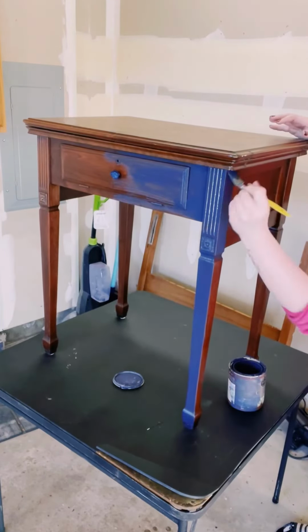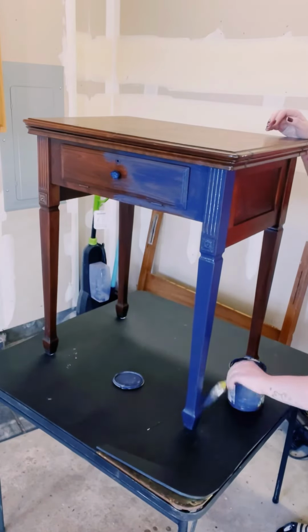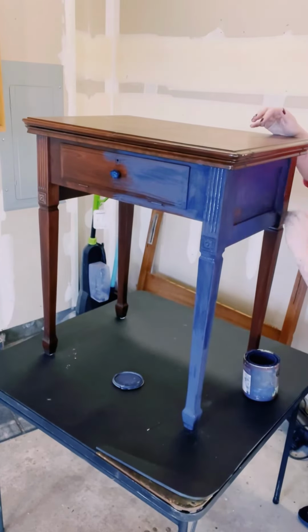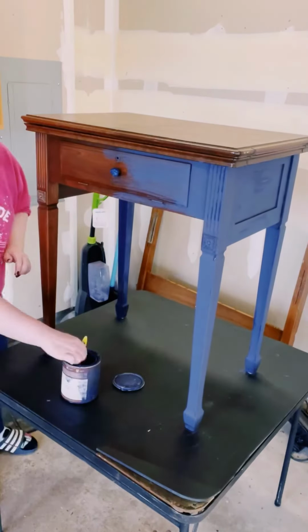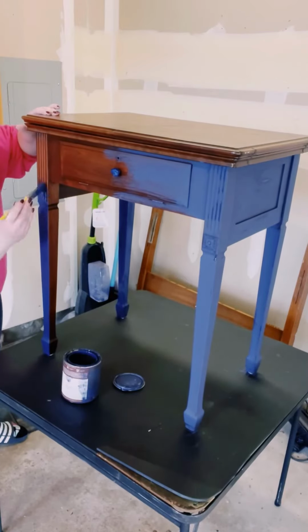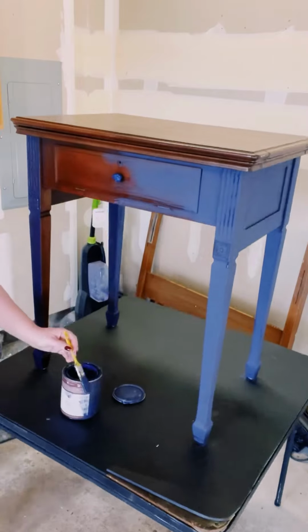So first I grabbed this jar of Bear chalk paint from Home Depot. This is in the color dark navy. Since I am using chalk paint, there was no sanding prior to painting this table. All I did was just wipe it down with some rubbing alcohol to clean and sanitize it, and then just